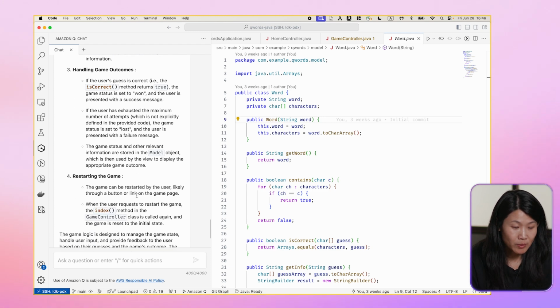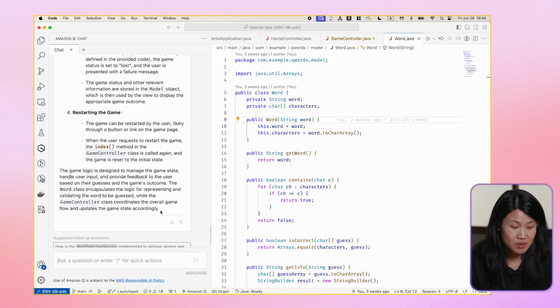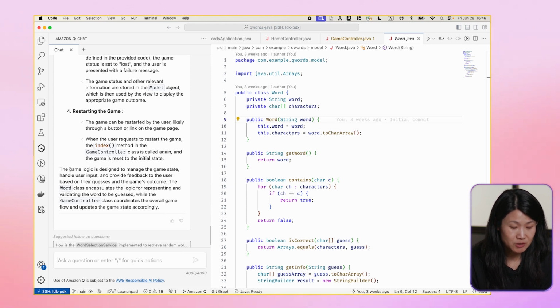Okay, now we know a lot about this game application. It's great to share some of this information with others working on this application. So let me show you how to use Q Developer to create code comments and generate documentation. Keep this file tab open